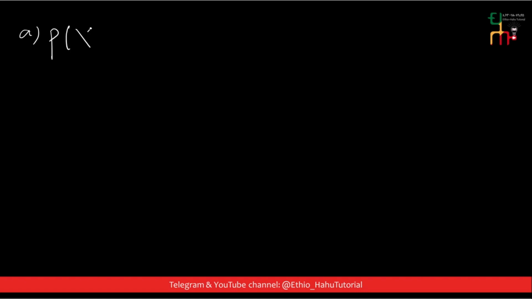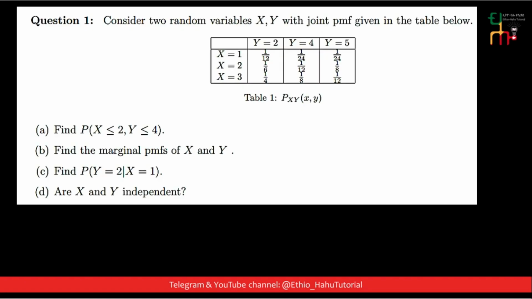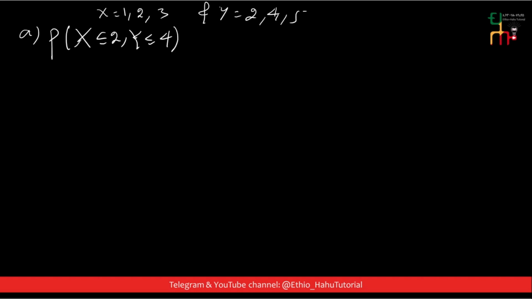ስለዚህ a ላይ የሚለው ምንድነው? Probability of x less than or equal to 2, y less than or equal to 4. ይሄ ነው። x አችን ግን ምንድነው? x is equal to 1 2 3 ነው and y ደግሞ ምንድነው? 2 4 and 5 ይሄን ያለን። ስለዚህ probability of x less than or equal to 2, y less than or equal to 4 ማለት x 1 እና 2 ያጠቃልላል። less than or equal to 2 ስለሚል ሁለቱ ማለት ነው። y ደግሞ less than or equal to 4 ነው የሚለው 2 እና 4 ማለት ነው።